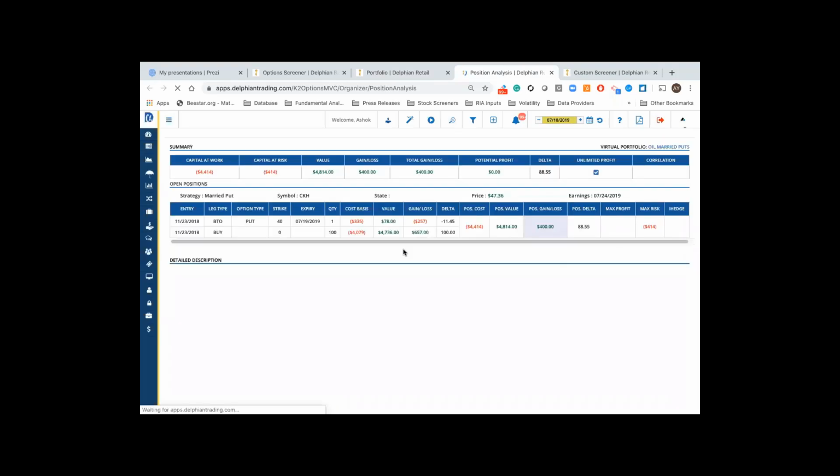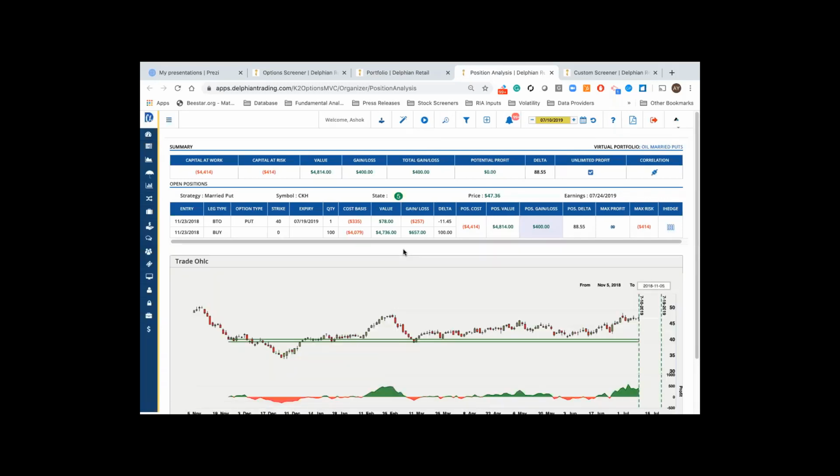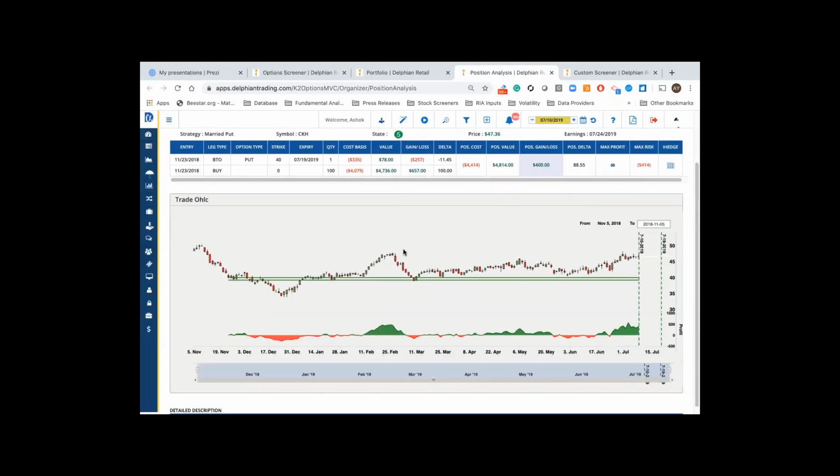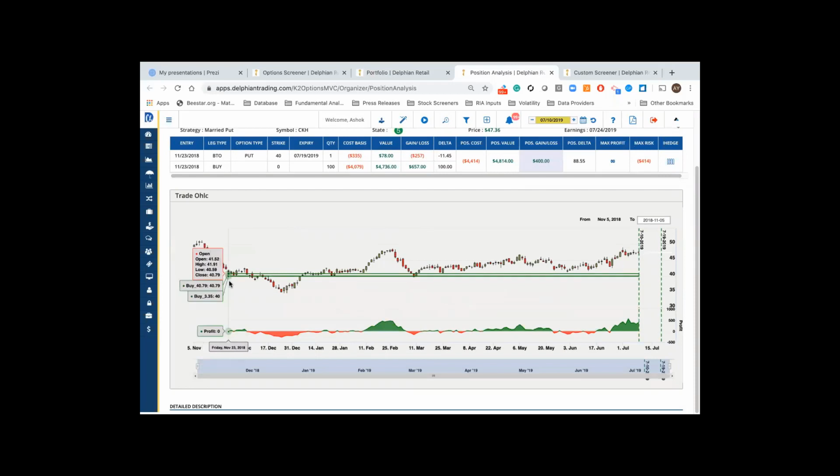What it's showing in the previous window is, if there are about 5-6 positions in that portfolio, the whole graph for the whole portfolio. If it's only one position, they're equal. But here you can see this one, right? This is where we bought the stock. And after we bought the stock, it went from the $40 price point